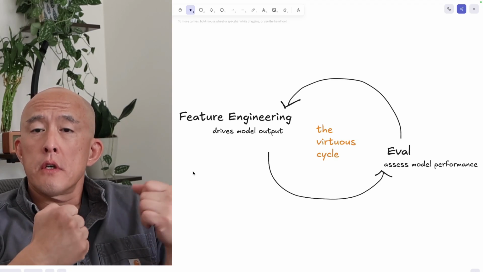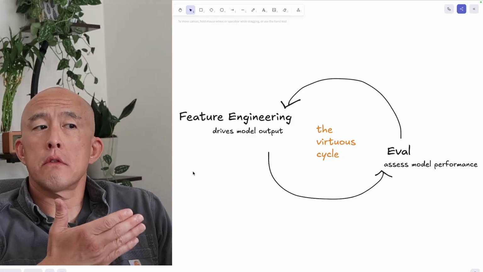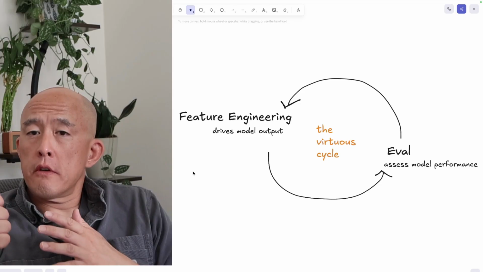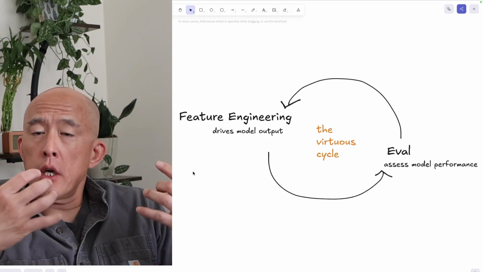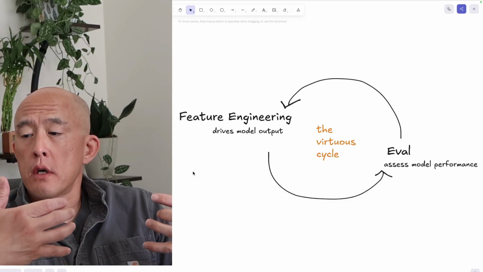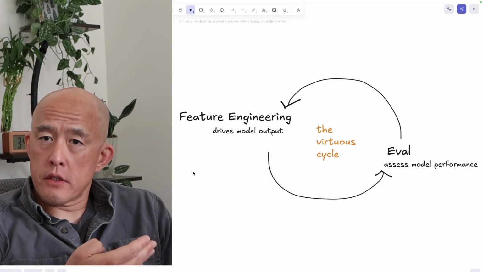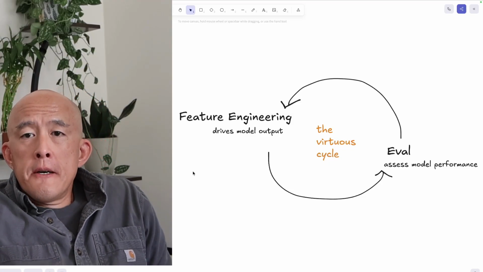In other words, if you do a good job of correctly and cheaply driving model output, you will get better evaluation. With better evaluation, in other words, a more complete and accurate assessment of model performance, you can use that as a feedback into your feature definition process. So